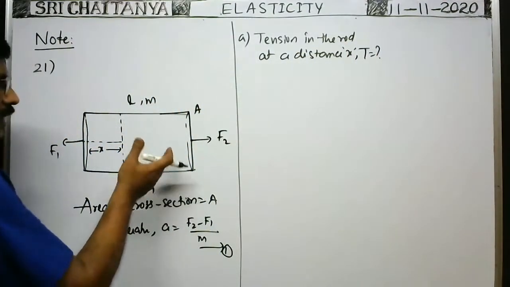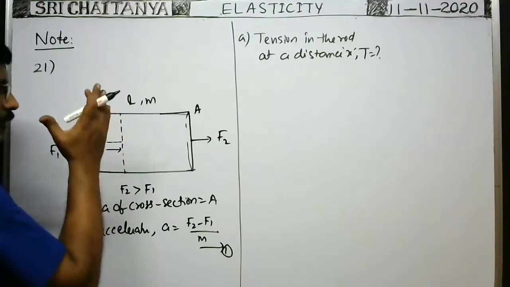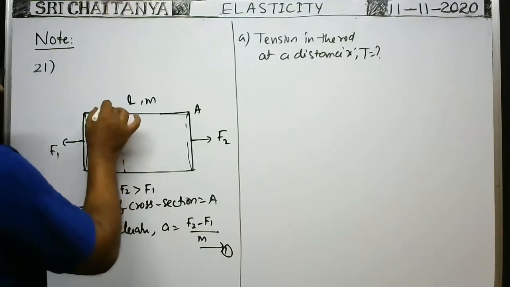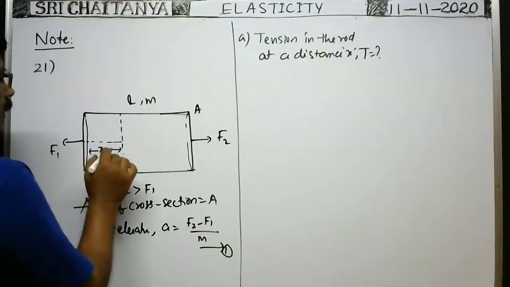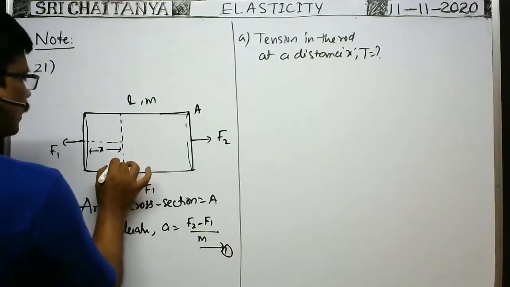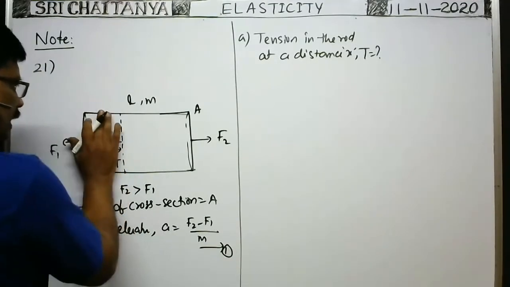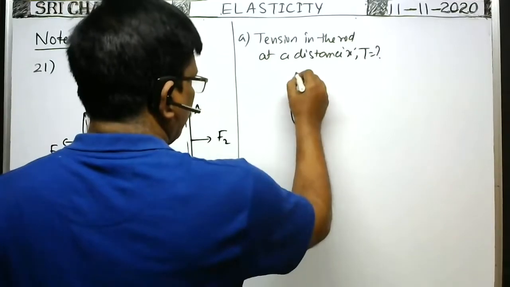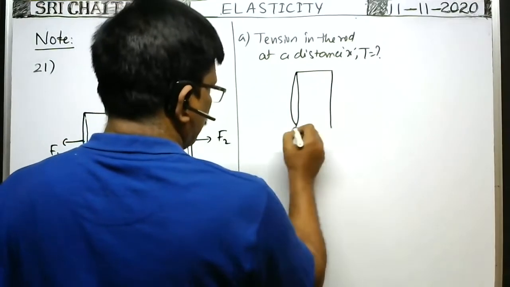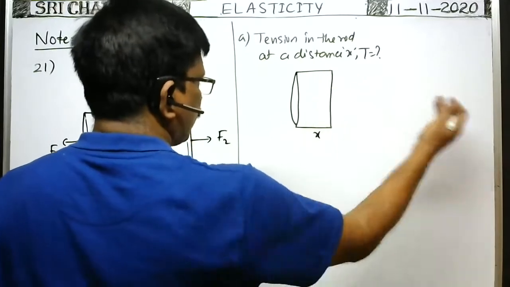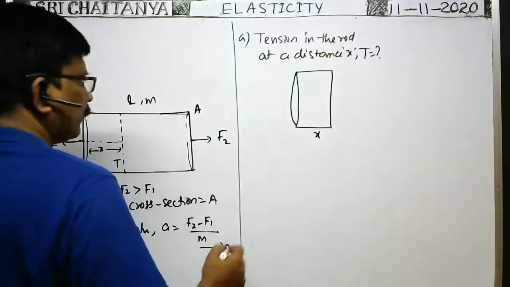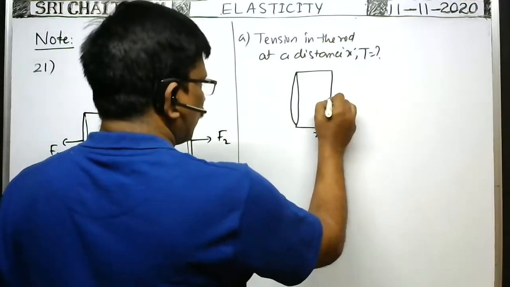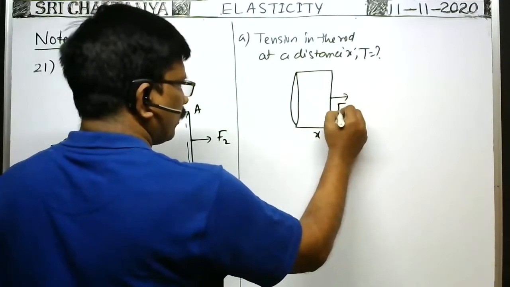Okay, here already in case of Newton's laws I said this concept. So according to Newton's law, as F2 is greater than F1, acceleration is equal to F2 minus F1 by m. What is the tension in this rod at this point? If the tension of the rod at this point is capital T, then consider this part only, of length x. Of course, if you see sideways, you can see that circular cross section. The tension at this point is always away from the body, in this direction.